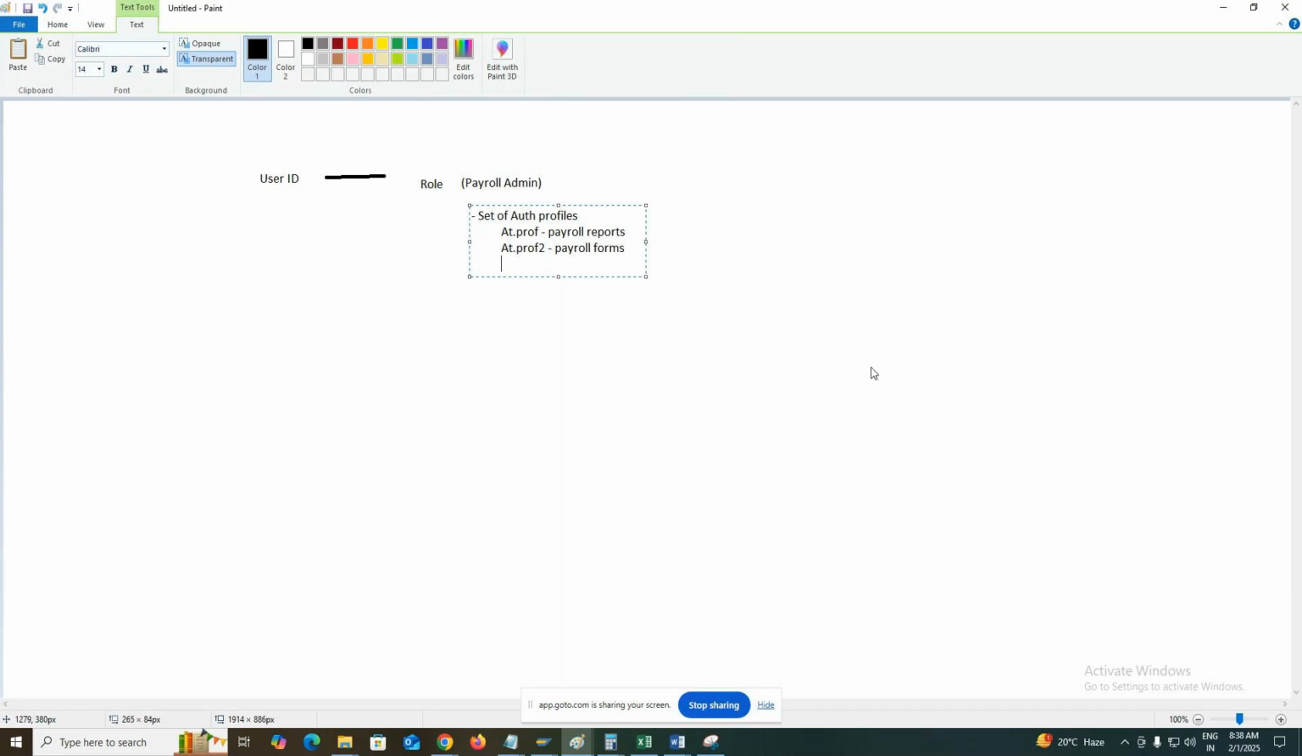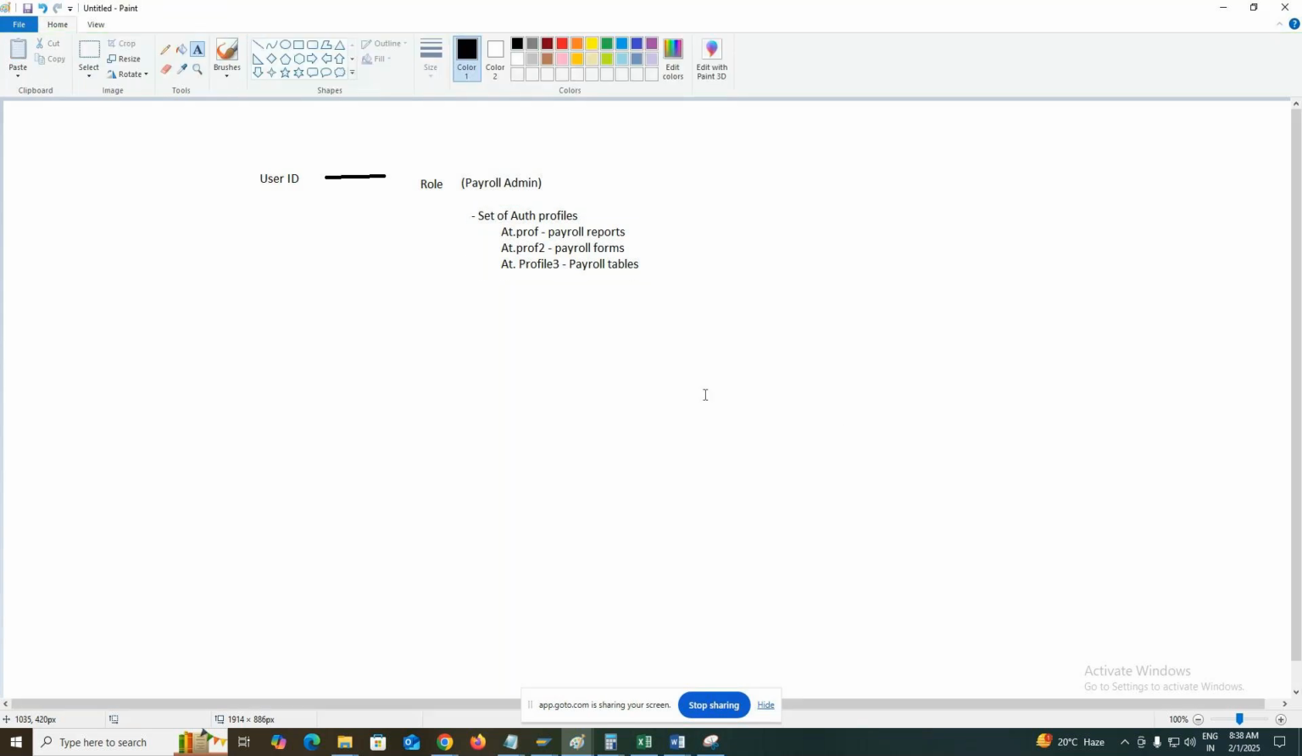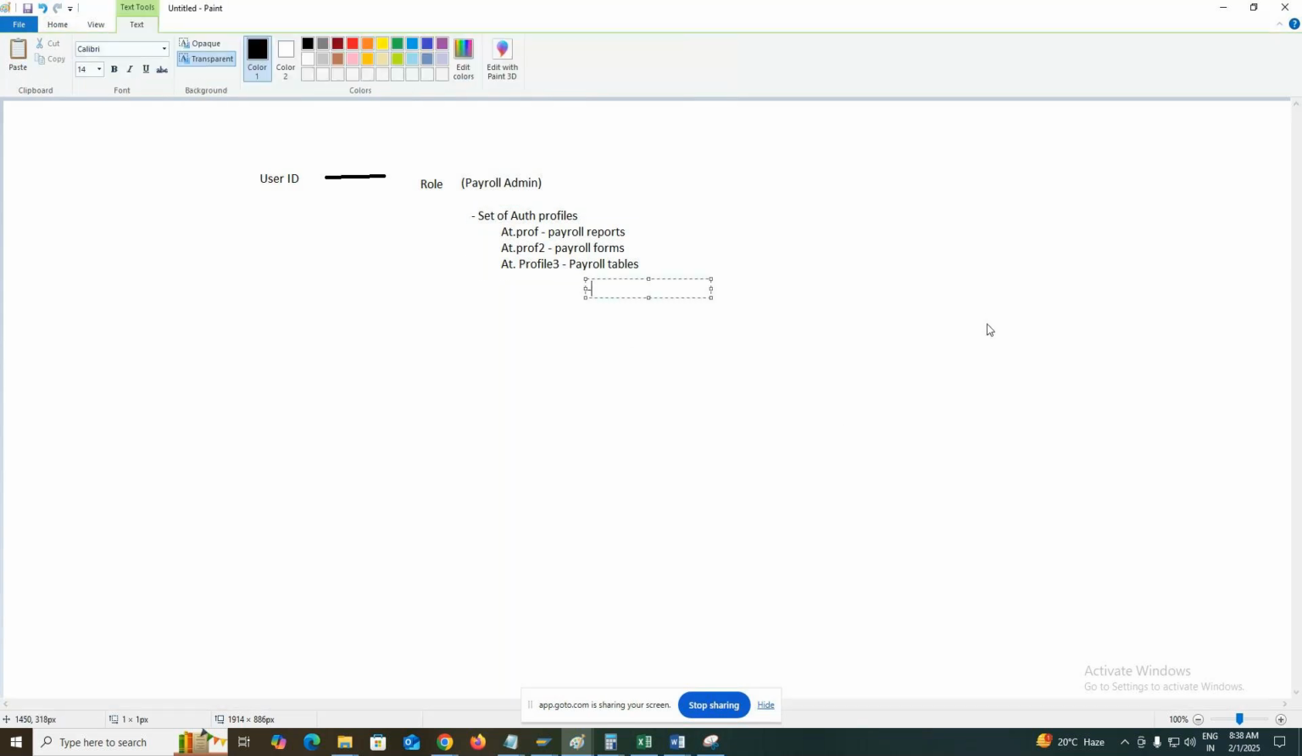Okay, profile 3, payroll tables. Because payroll screens, payroll forms, payroll programs are like this, authorization profiles are created. So a role is associated with the authorization profile. Each authorization profile is associated with the authorization